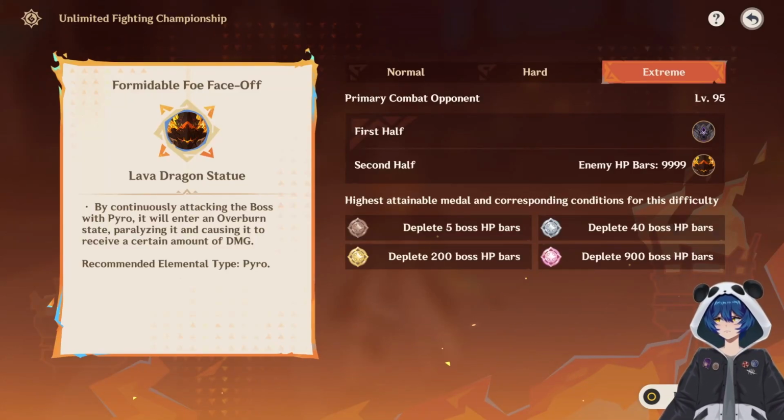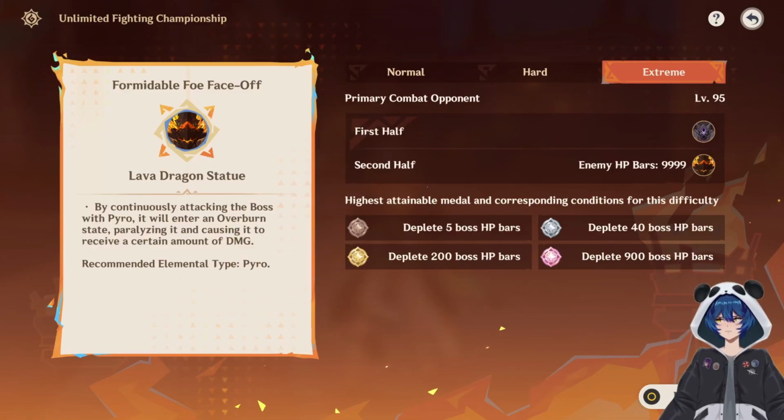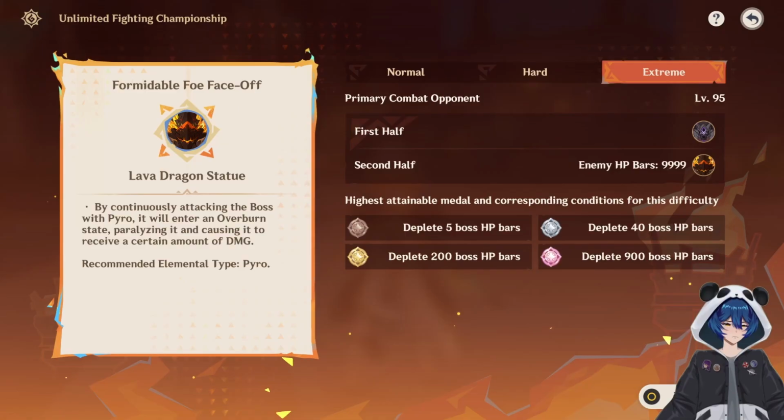Today's video is going to be stage 3 for the Unlimited Fighting Championship event, and as you can see, we're fighting one of the newest bosses that was added to the game, the Lava Dragon statue. This one's actually pretty easy and might seem counterintuitive if you've never fought the boss before, but you actually do want to bring Pyro,